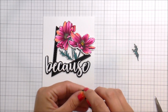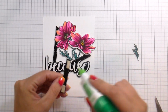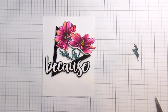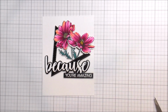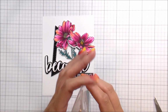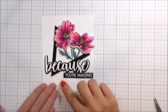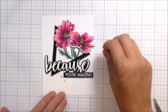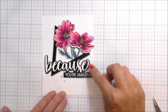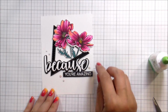So for this one, I needed it to sit level on top of the triangle, so I'm not going to put any foam tape in between. I am going to add a little bit of glue so it adheres to the S portion of it. And then it felt a little disjointed. So in order to bring it all together and kind of draw your eye around the card, I picked up some of, I think they're called Moonlight. They're super cute. I'm currently considering putting them on my nails, I'm not going to lie. Yeah, they're Moonlight